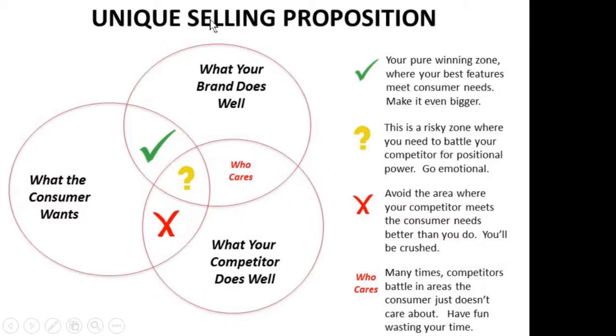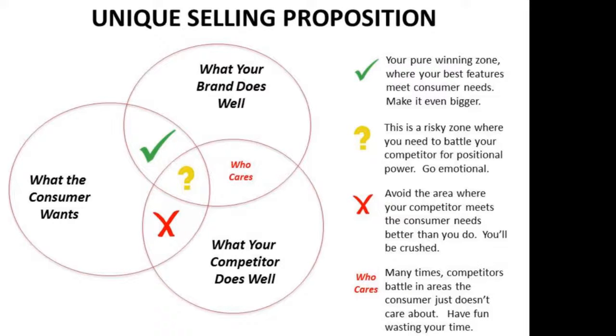selling proposition, USP. Okay, so if you study this little Venn diagram that I have here, the crucial circle in this Venn diagram where everything starts is: what does the consumer want? What are the consumer needs and wants that your brand, your firm is aiming to satisfy? And these typically are consumers that fall in the target segments that your brand is going after, and these are the customers whose needs you are trying to address by means of having a successfully differentiated,